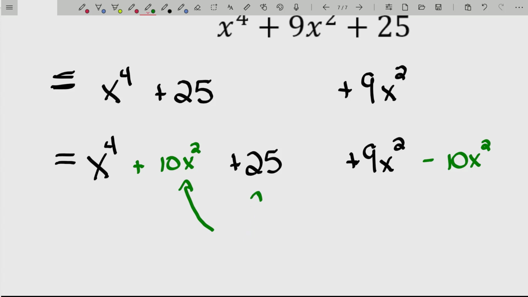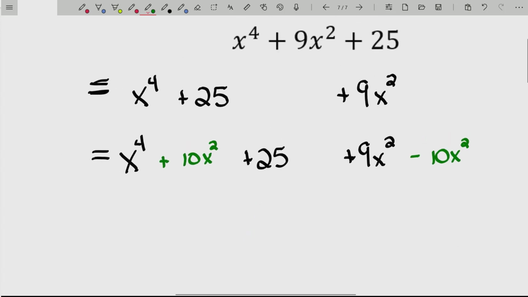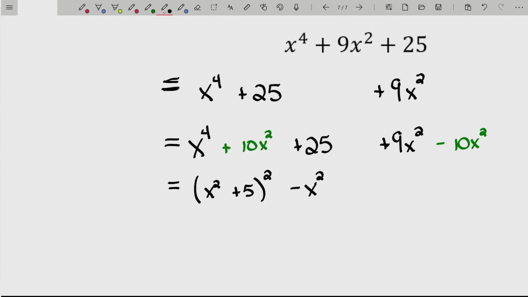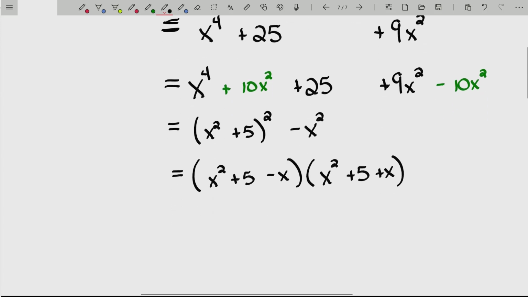But now, those first three terms form a perfect square trinomial that will factor beautifully. It'll be x squared plus 5 quantity squared. And a little algebra off the back end here gives me a minus x squared. And if you notice here, you have a difference of squares. This is going to be the first object minus the last object. Notice that last object is an x, not an x squared. And the first object plus the last object. Writing this in proper order, that's x squared minus x plus 5, and x squared plus x plus 5,